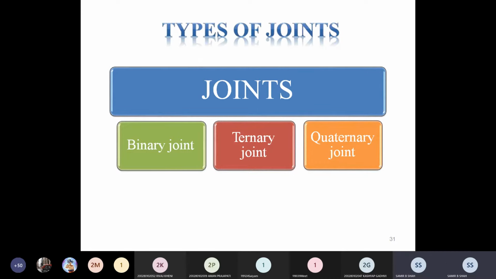Now, a very important point, that is degree of freedom. Before starting degree of freedom, you have to understand the difference between machine and mechanism, and the difference between structure and machine. Today we are trying to finish the maximum, and if there is any query, we will discuss later.